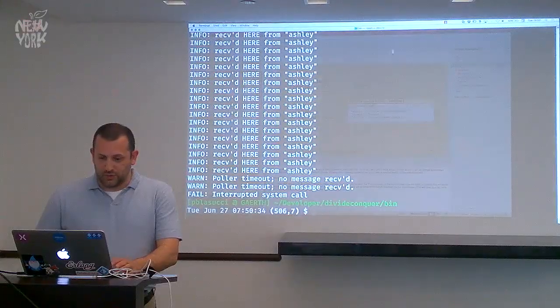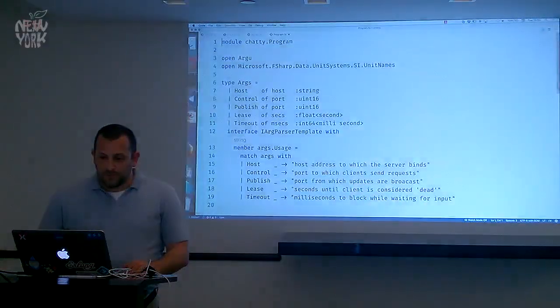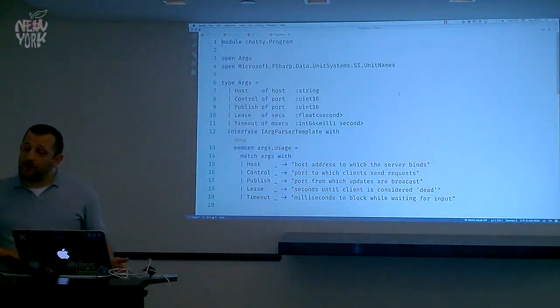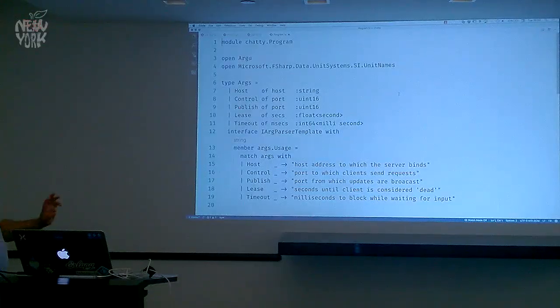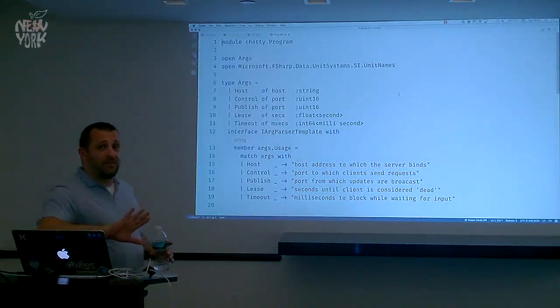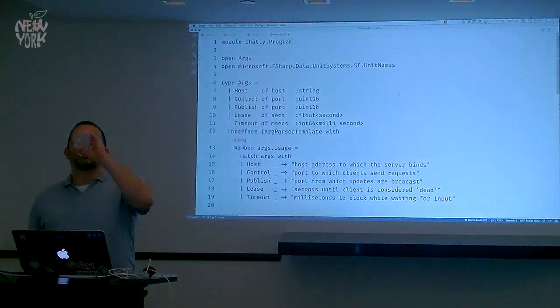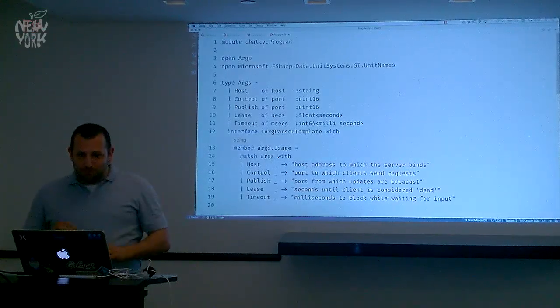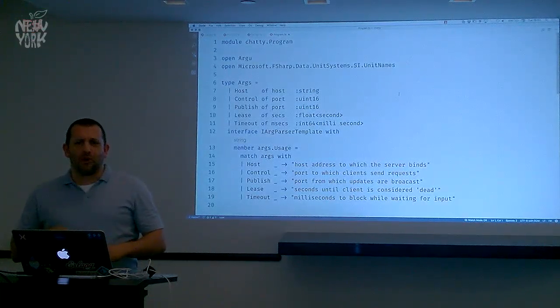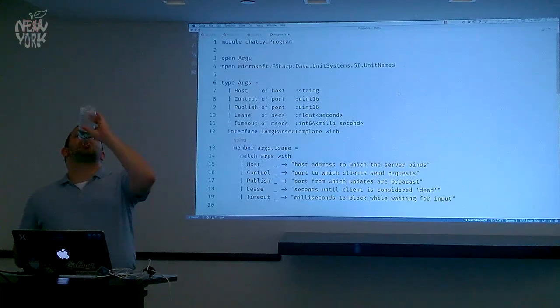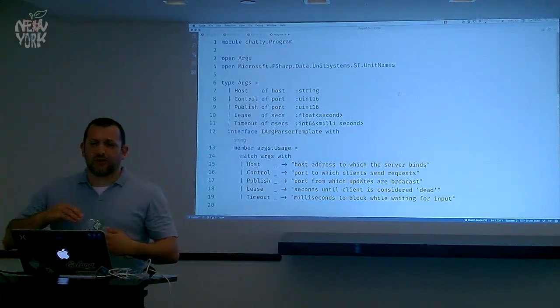So now source code. We're going to look at the server primarily. We can look at the client if there's time, but technically I'm not supposed to show you the client code, so we may turn the camera off when it comes to that. But we can look at the server code.